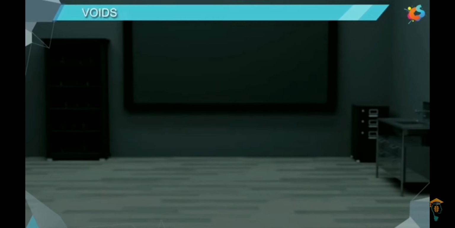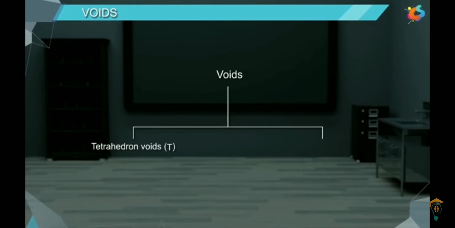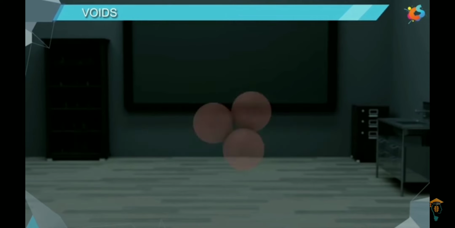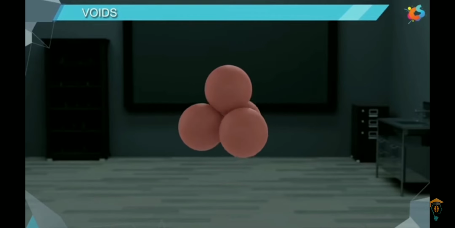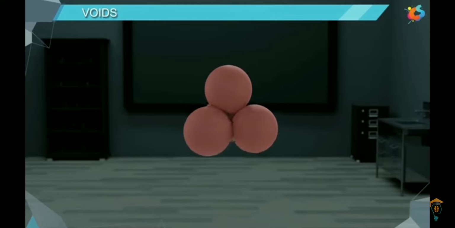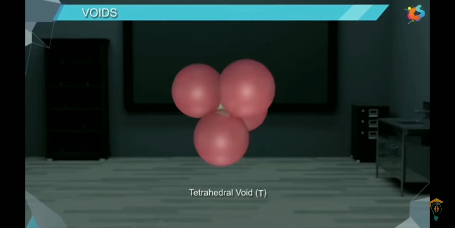Voids. There are two types of voids: tetrahedron voids, denoted by T, and octahedron voids, denoted by O. Let us study how these voids are formed. When we place a close packed layer above the depressions of the first layer, we will notice that at some places the triangular voids of the first layer are being covered by the spheres of the second layer.